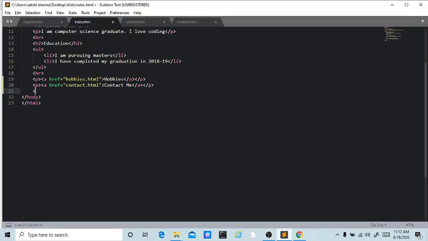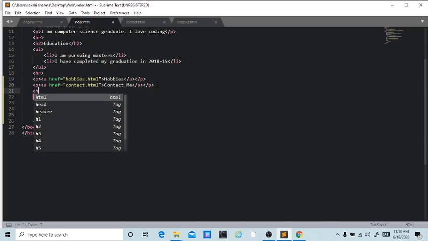Table tag. And in the table tag, first of all, we have to add row, table row. TR means table row tag, and TD means table data tag. In the row, we'll be adding data. First of all, let's add H3. Let's say work experience.